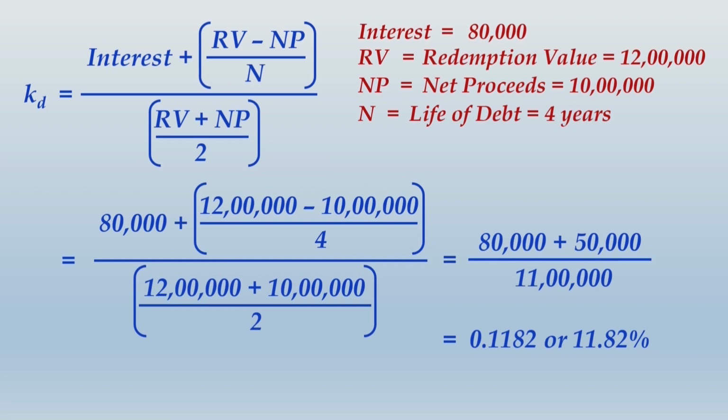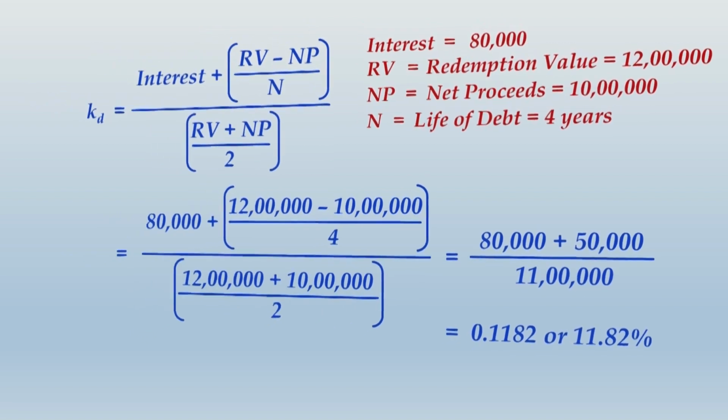This portion of cost of debt is not yet adjusted with tax, that means the tax benefit has not been considered over here. So this is not the post-tax cost of debt, not the right cost of debt. We have to make tax adjustment over here, and then only we will land up to the post-tax cost of debt. Let me take you ahead and show you how to determine the post-tax cost of debt.